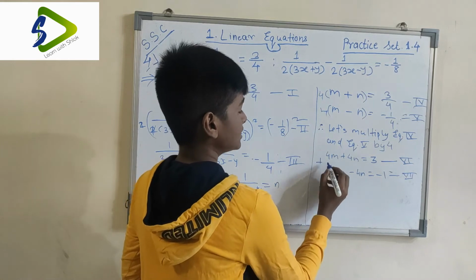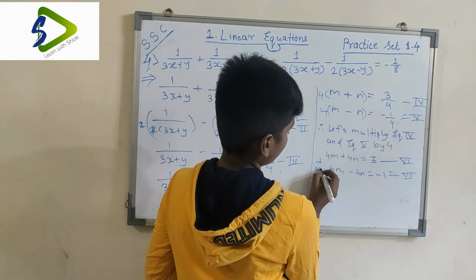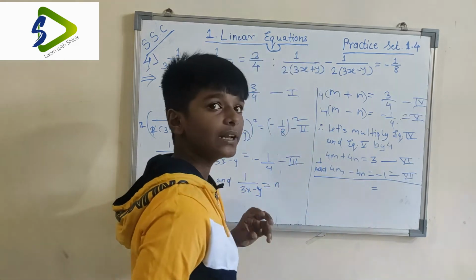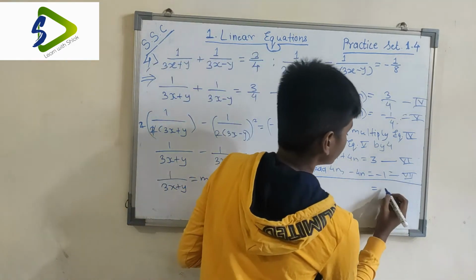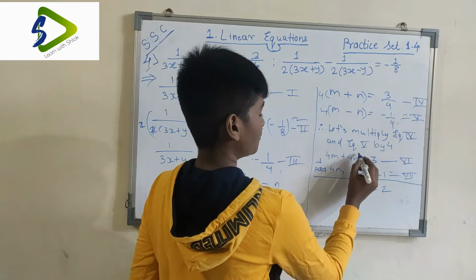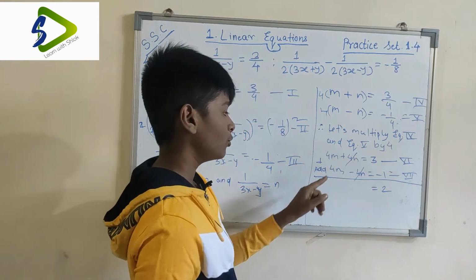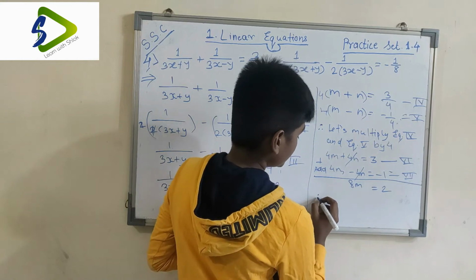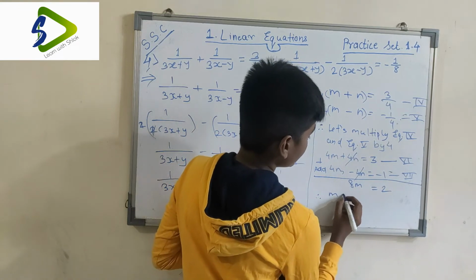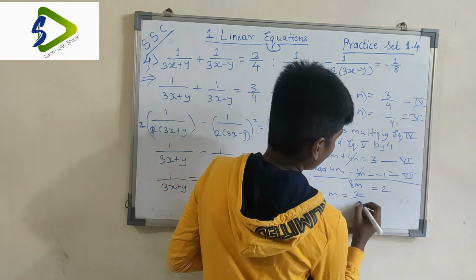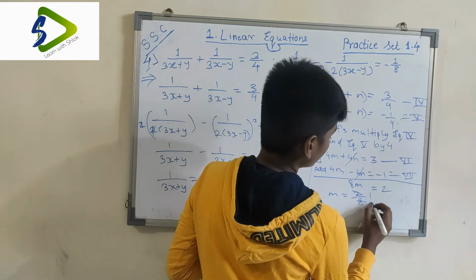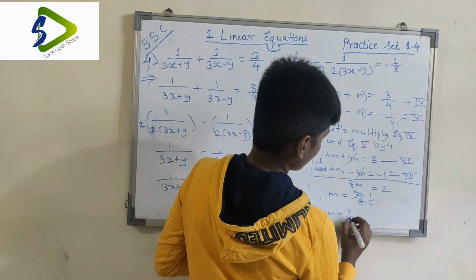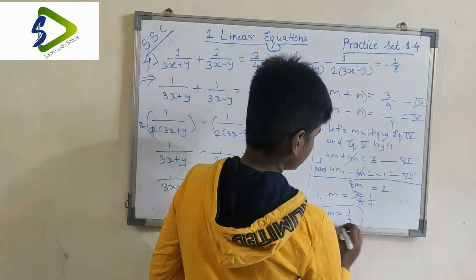Now we can add these equations. We can add the two equations. Now if you add this, 3 plus minus 1 is equal to 2, and 4n and 4n get cancelled, and now 4m plus 4m is 8m, and that means the value of m is equal to 2 by 8, 2 ones and 2 fours are. Therefore the value of m is equal to 1 by 4.